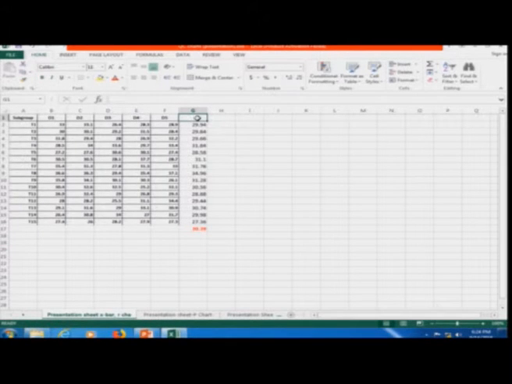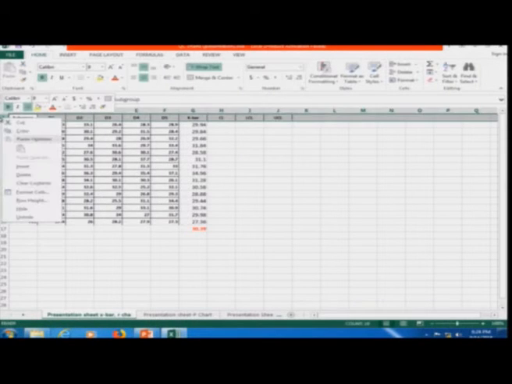Now, I will put X bar in the next column. I will try to calculate the lower control limit, or first I will put the center line, then the lower control limit, then the upper control limit.